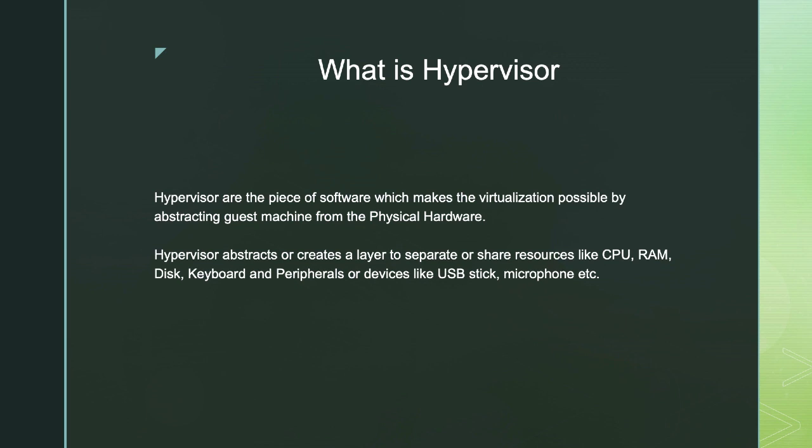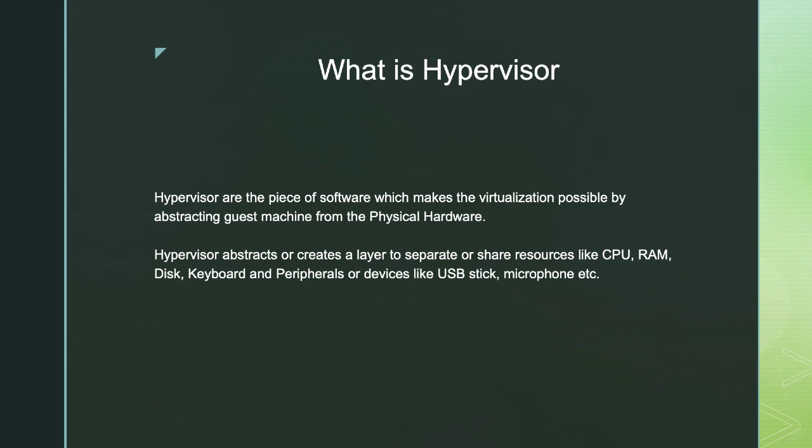The basic functionality of a hypervisor is that it abstracts your physical resources. Let's suppose you have a hardware machine, maybe an Intel Core i7 processor with 8 GB of RAM. That is being taken by your physical device. Now if you have some virtual machines and you want to dedicate resources to them, that's not possible without some hardware sharing software like a hypervisor. Suppose you have a CPU with 2 cores or maybe 4 cores and you want to dedicate half of the cores to the hypervisor or virtual machines.